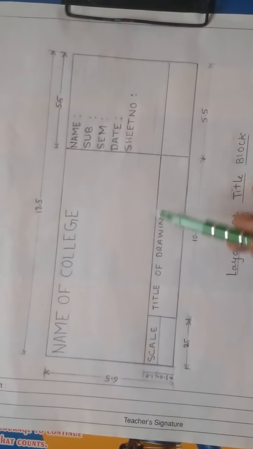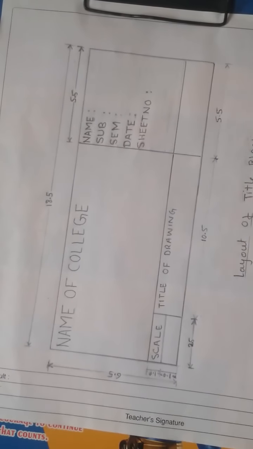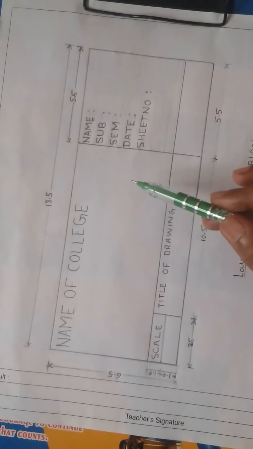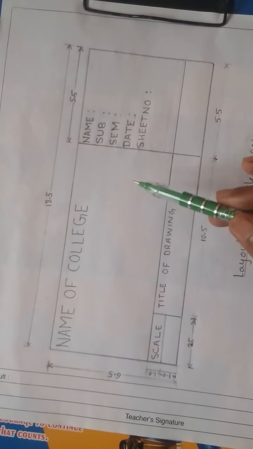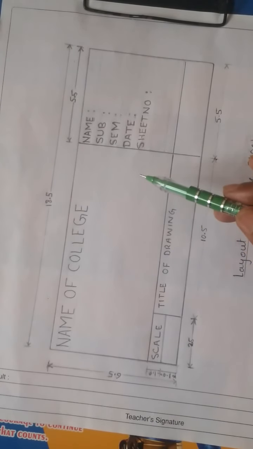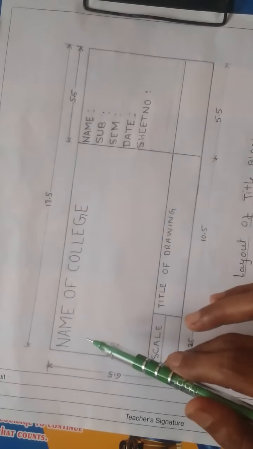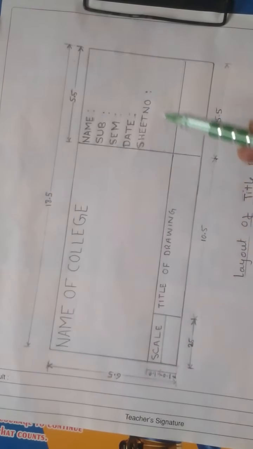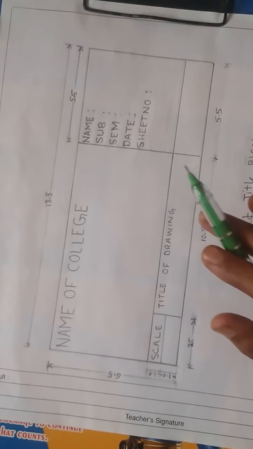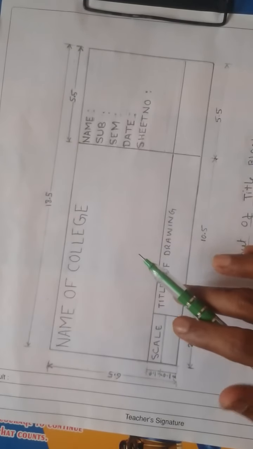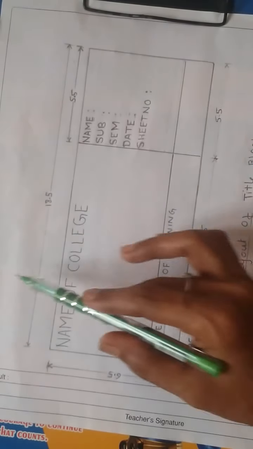For example, if you want to go for the construction of any house or any commercial building, we have to seek the permission from the government. So for that reason also we have to highlight all the information related to the drawing, and it has to be duly signed by the engineers. Then only the drawing will be valid, and then only the drawing will be approved. For that reason, in each and every drawing sheet we have to provide the title block.